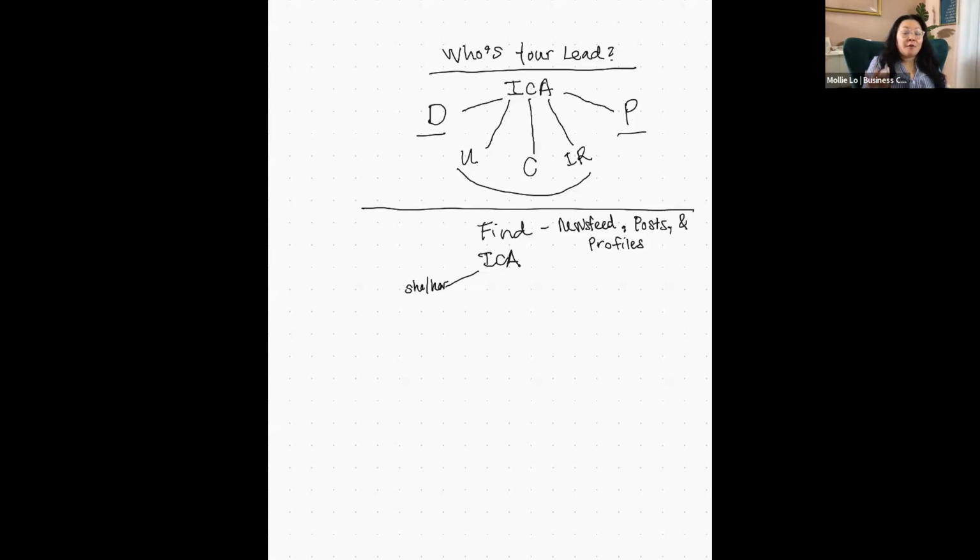So when you are finding somebody's profile, whether it's you stumbling across a post, again, right, on the top part, right, news feed, the posts, or if you're stumbling across someone's profile, you want to see what demographics, urgency, commitment, investment readiness, and psychographics does this individual have